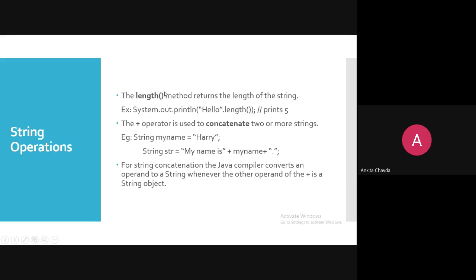Some of the built-in methods I don't even have to explain, because the name itself says what it will give. It will give you the length. Suppose I'm having any string and I put only dot length, then it will give me the number of characters in my string.